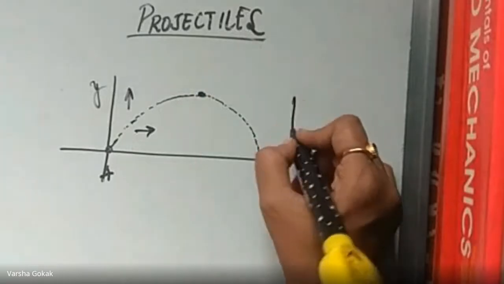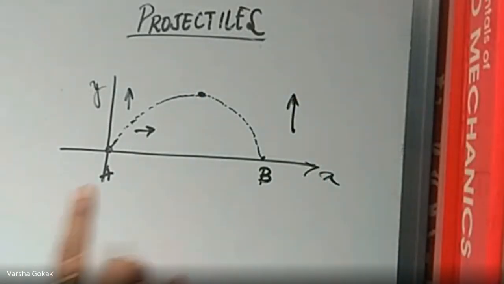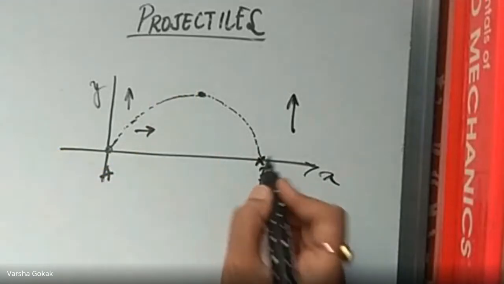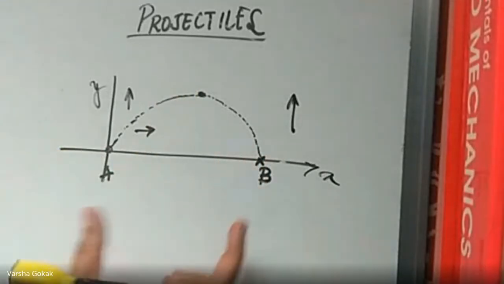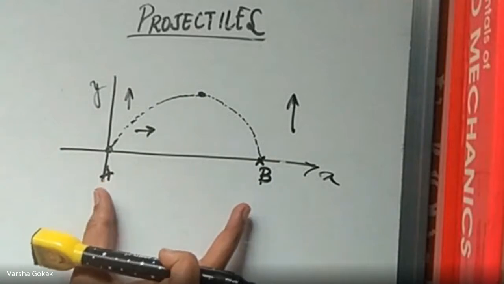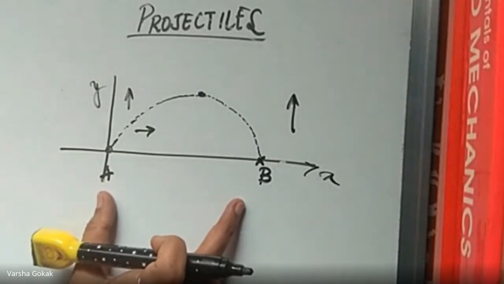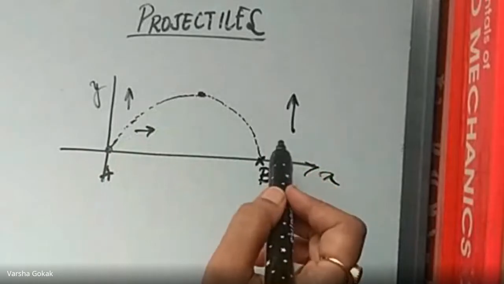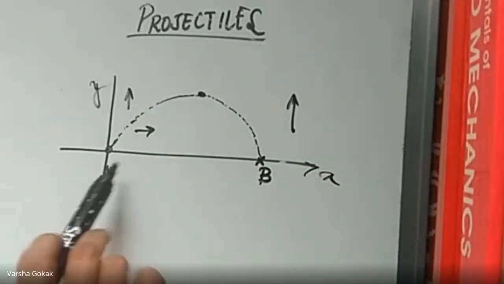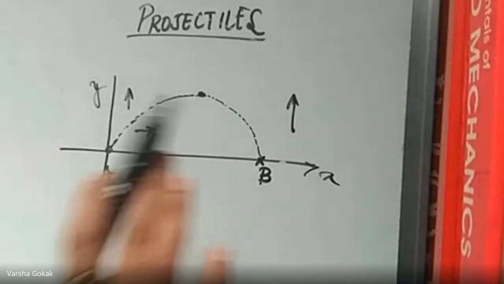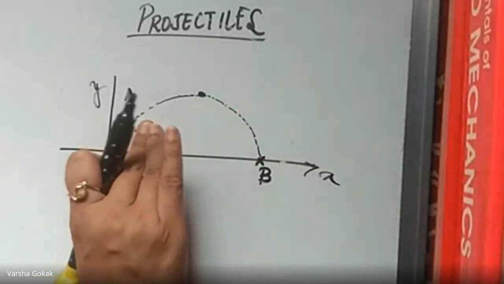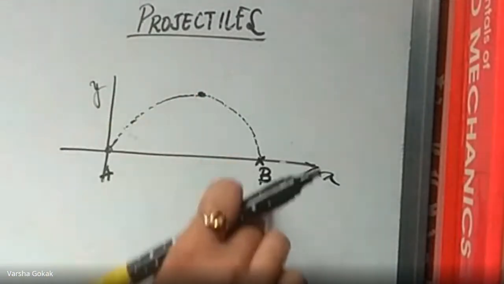So this comes into your vertical motion. It has got some vertical motion and then it falls down to some particular point B. From here to here, this is a horizontal distance. So it is a horizontal motion. Okay. Hence, that particle or the ball is going to have both horizontal as well as vertical motion. It is a combination of both, and this is called a projectile.